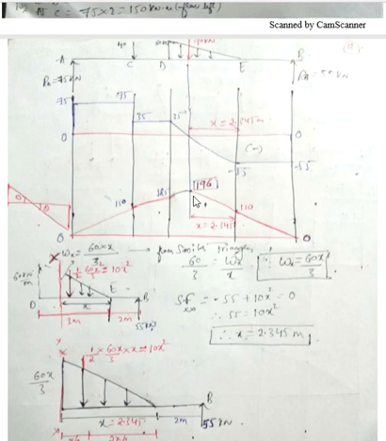Now to determine the value of x here, since it is not a straight line, it is a parabola, I cannot consider the concept of similar triangles. So what I am going to do is cut the section at the point where it is 0 shear force, and take all the forces either to the right or all the forces to the left. If you come from the left, look at what the problem is. Here you are getting the maximum. If I cut the section here and come from the right end, here I'll have the maximum value and here I'll have 0 value.